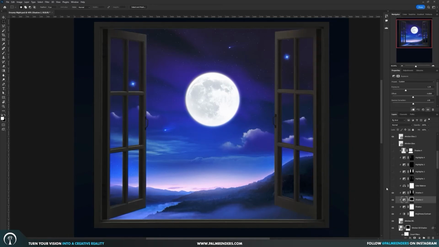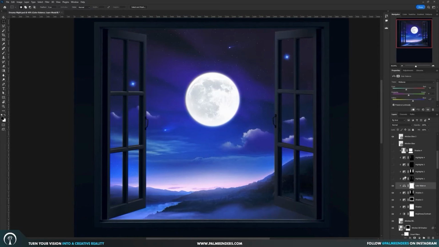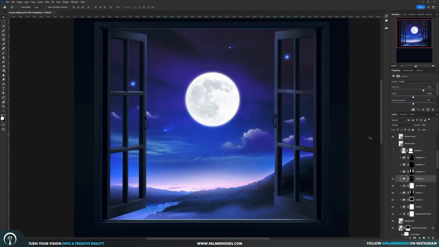Then I did the shadows of the window frame. Then I added a color adjustment layer, and this is obviously a lot of blue and purple color adjustments to give that vibe that I was going for. Then I added some highlights, and with this I did an exposure layer as well,